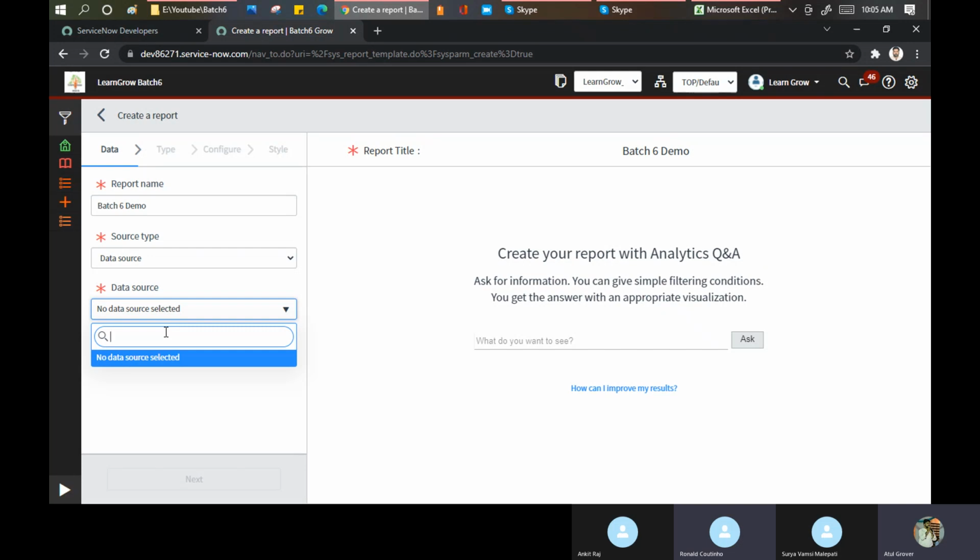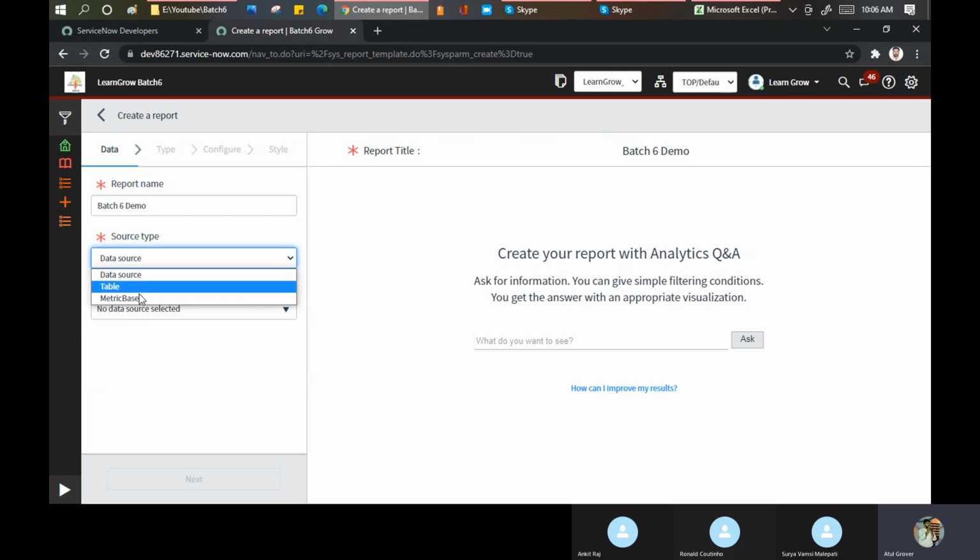Correct. So basically what we do when we want to bring some data into ServiceNow from a third-party tool or from an Excel sheet or CSV, which topic we need to start from Monday onward, we have to do the mapping of that first. When I say mapping, it means the Excel sheet and ServiceNow should be mapped, and that becomes the data source for me. And you can use that data source for your reporting here. Maybe when we have done this transform map topic, then we can check the data source part. But your point is something similar, on the right track.